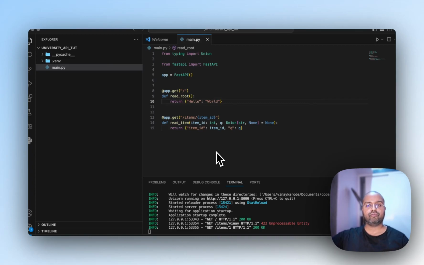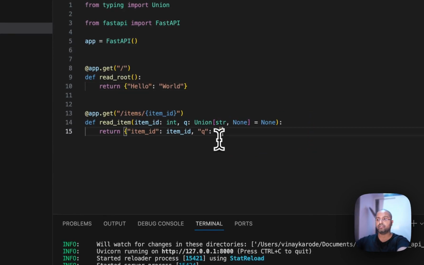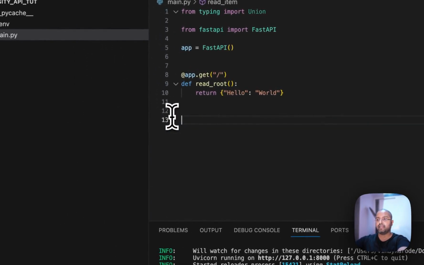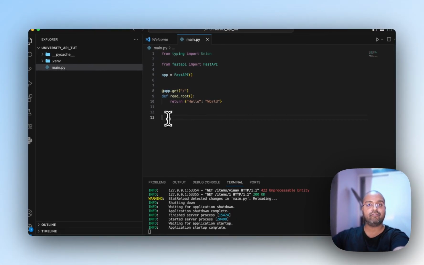So now that we've run our API, we want to save all the changes that we've made so far. So let me come in here, and maybe we don't need this function over here. So I can delete this and replace it with something else. But then we want to save our work as we go along so that we have a history of all